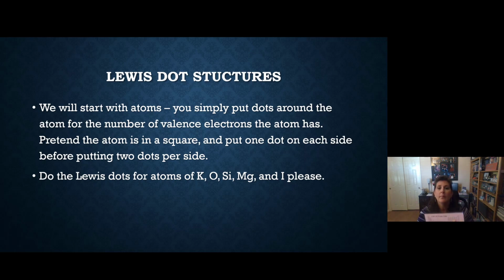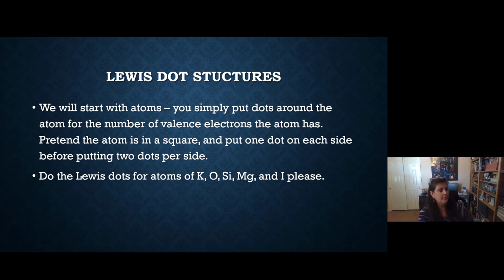Oxygen. How many valence electrons for oxygen? It's in column 6. So 6, right? Remember, valence electrons is your column. So 6. Now for oxygen, we're going to put one dot on each side before we double up and have 6 dots. Silicon, it's under carbon. 4th column. Column 4 means 4 valence electrons. So for Si, there's 1 per side, and it has to look like that. That's your only option.